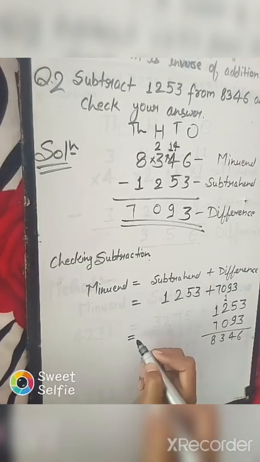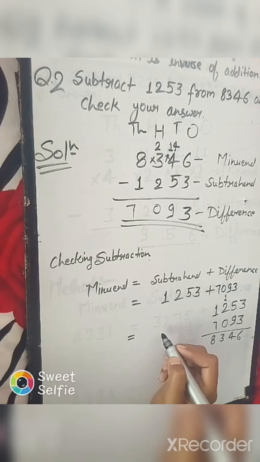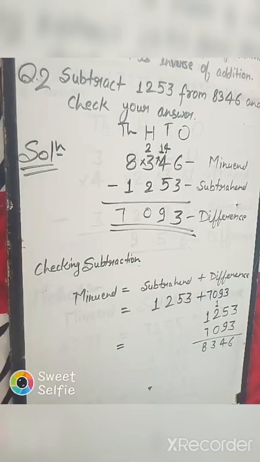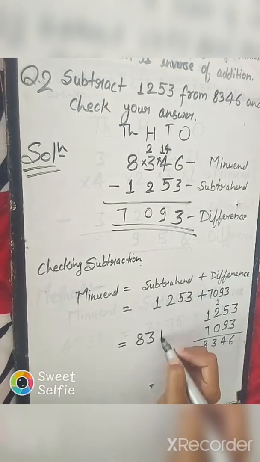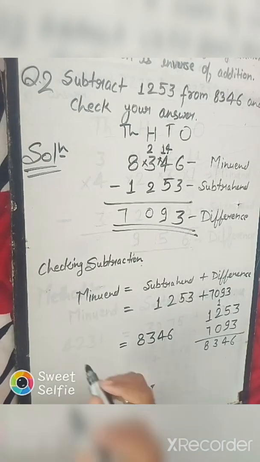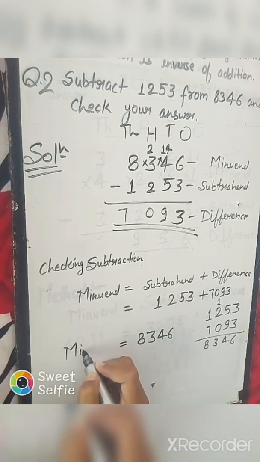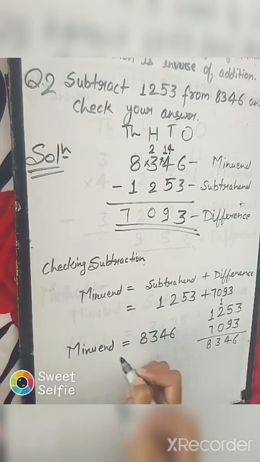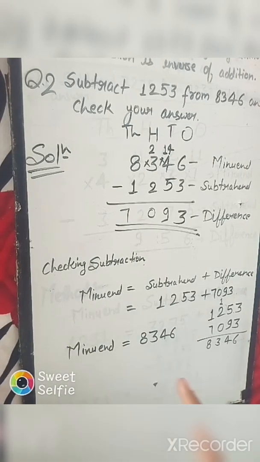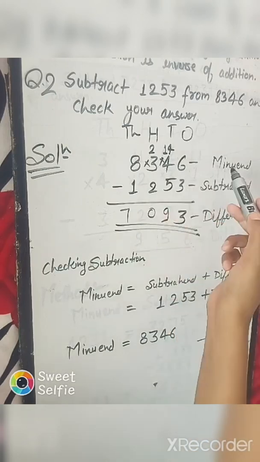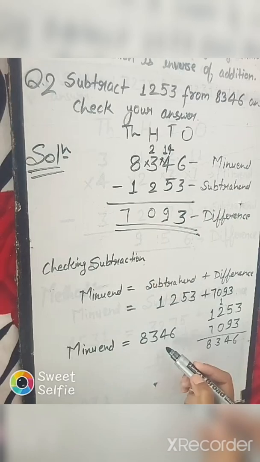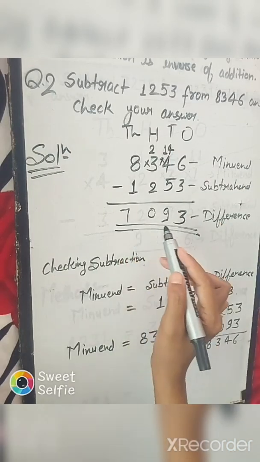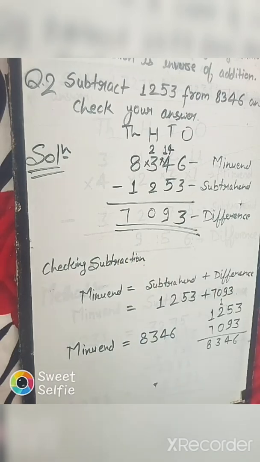So our answer is 8346. Okay, it means minuend is 8346 and we can see from the question, in the question minuend is 8346, so both are the same. It means our answer 7093 is totally correct. Okay,